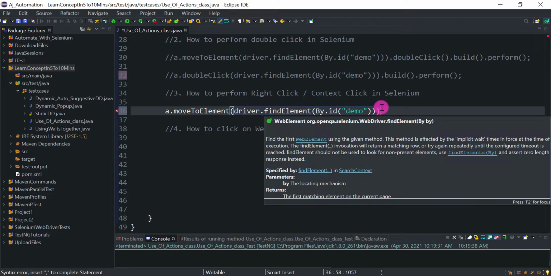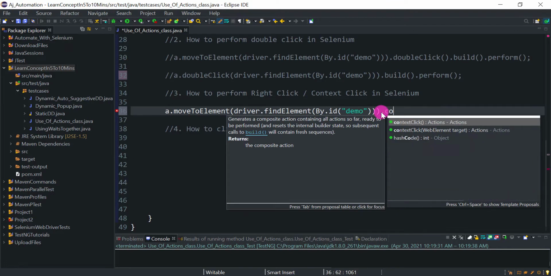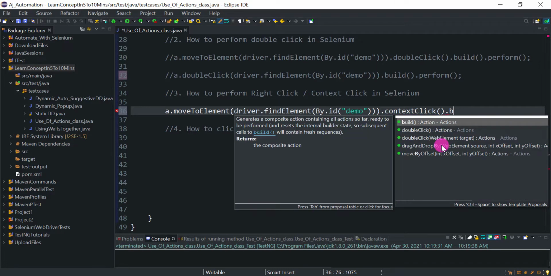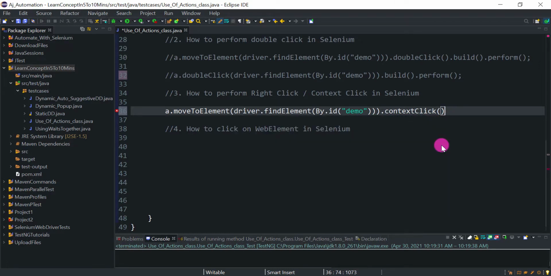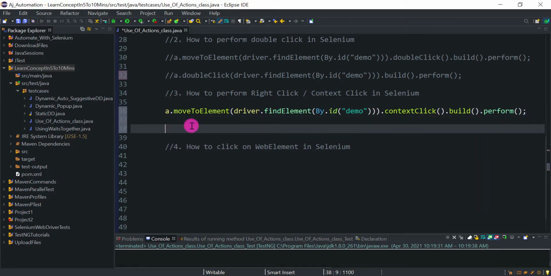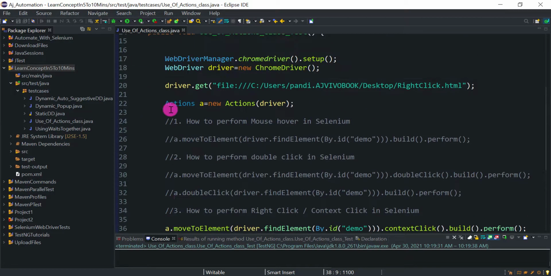Okay, so we'll move to that text, and then at the end dot we have the contextClick method. Okay, contextClick. So here we are going to move to the web element, and second you can pass the web element. So first we will use this build.perform. Okay, so let me save it and let us run it now.